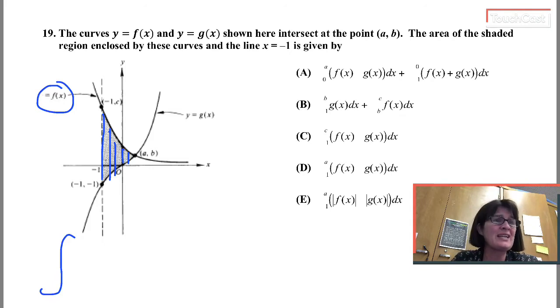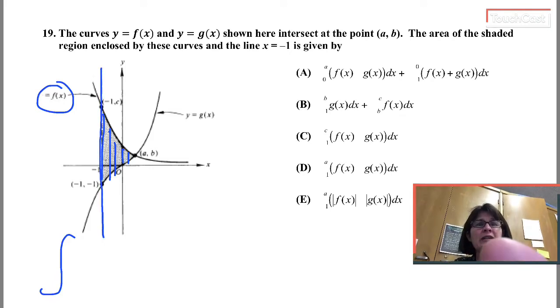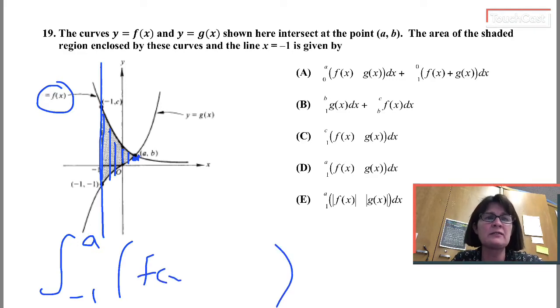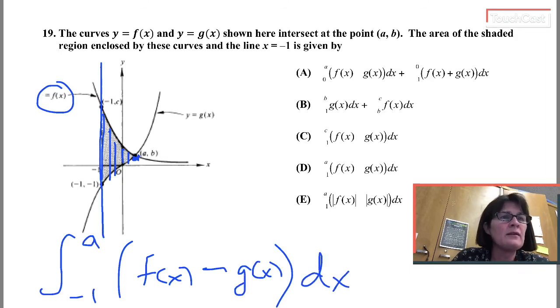Well, what's the leftmost X in this picture? There's a very clear boundary at the edge of my shading. The left edge is at X equals -1. The right edge of the shading, the furthest right point here, is at A comma B. I need the X coordinate, which is A. So I'm going to integrate from -1 to A, top curve, f of X, minus bottom curve, g of X, with respect to X. That is,